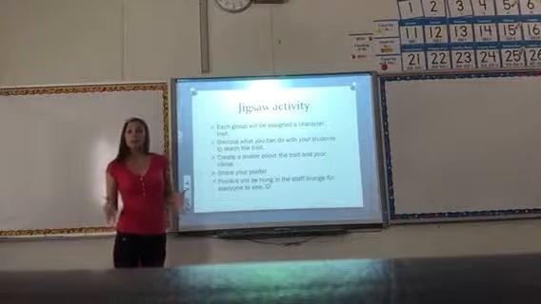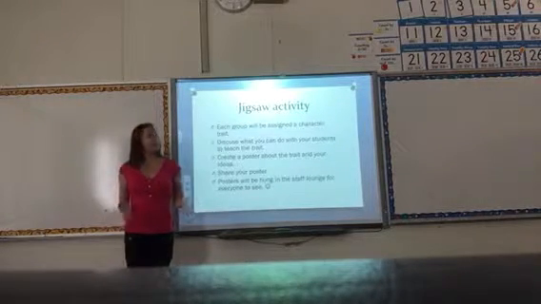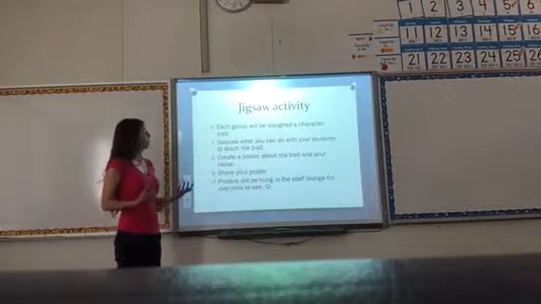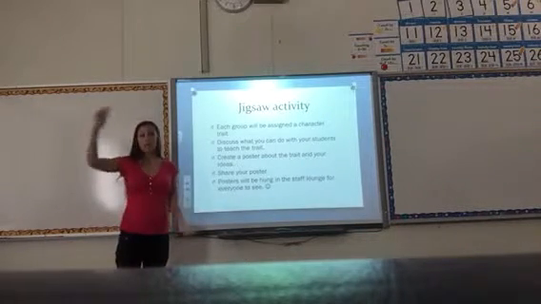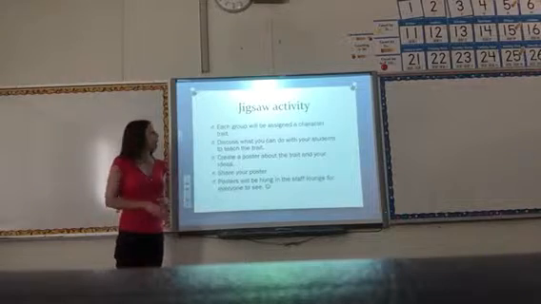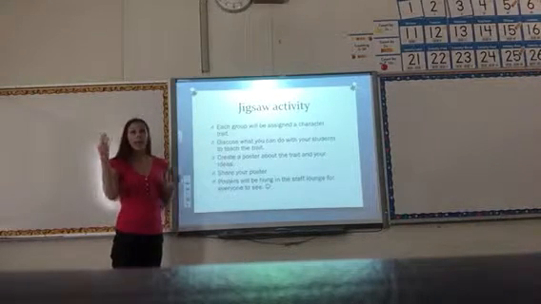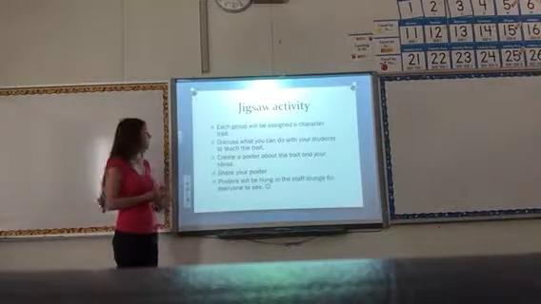Okay, now I'm going to give you some time to do a jigsaw activity. Each group is going to be assigned a character trait. So we'll have 6 different groups. You're going to get a big poster paper. Write the trait at the top and with the color that it represents.